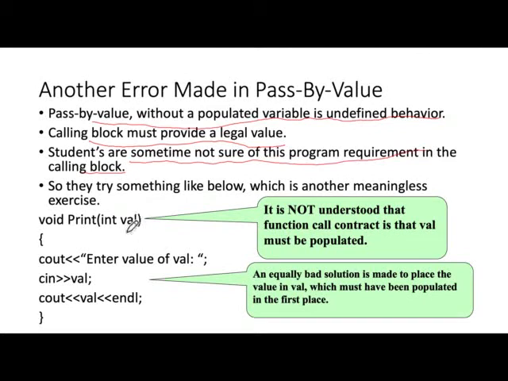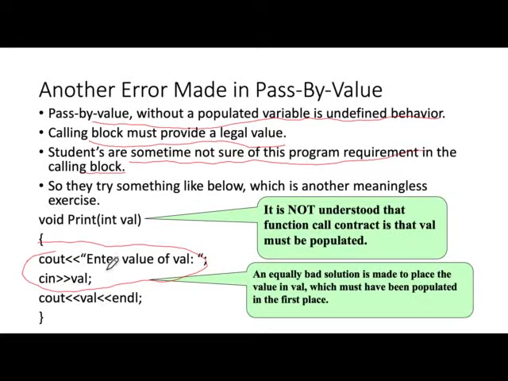They're not sure whether this has a good value or not, so they'll put a cout and cin in here: enter value val, take that, and then print that. Well, that's an equally bad solution